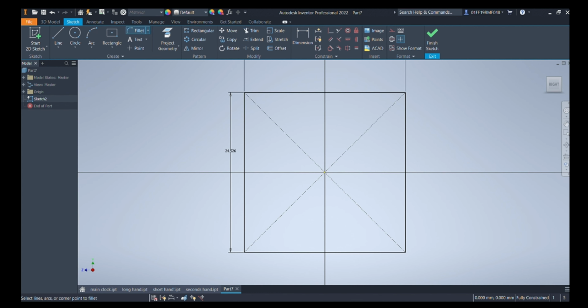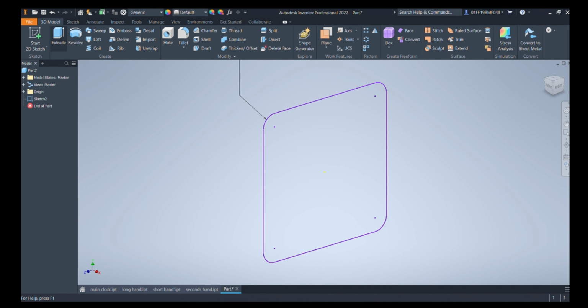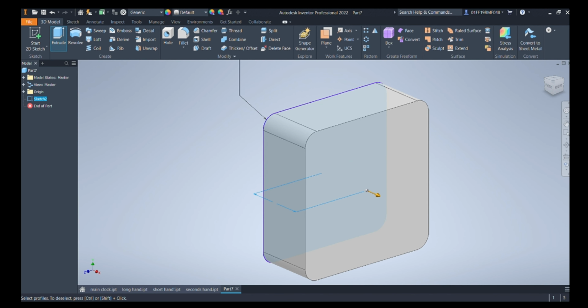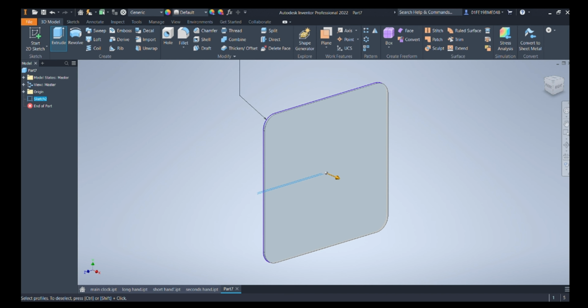Now adding fillet around again 0.3 to 0.4 mm. Sorry, basically I guess it's more. We can add a fillet as per the frame or the edge we will be having at the exact thing. Now extrude it around again 0.4 mm, 0.4 to 0.5 mm, and change its material to glass.